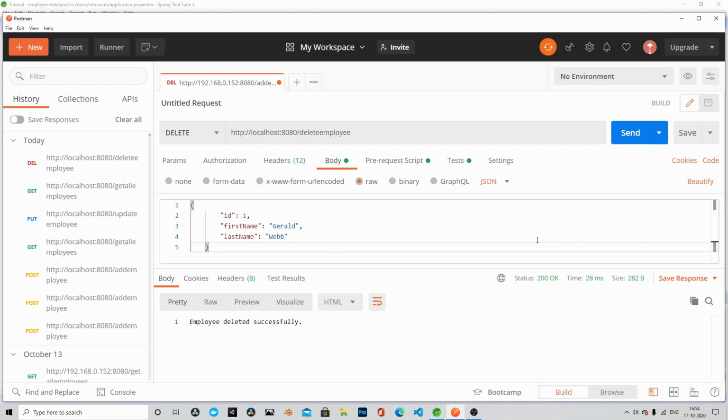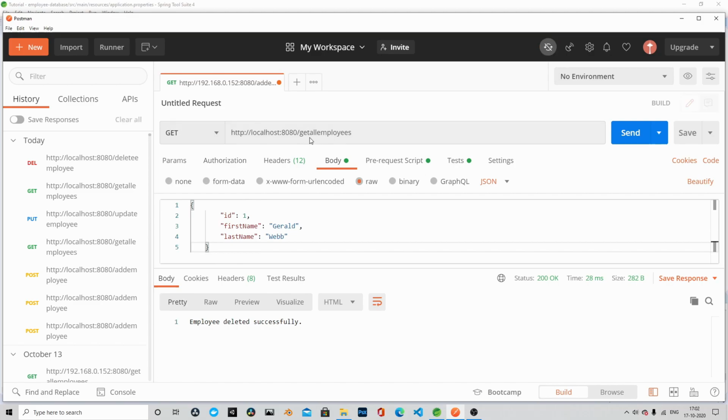So that was it. I think we have seen the read, that is get all. We have added the employees by sending the post request. We have updated an employee. So I think all the CRUD operations are complete and our application is working perfectly fine and as expected. The last thing left is, after deleting the first employee, we will fire another get all and see if only two employees are present.